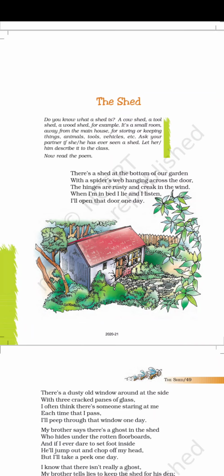And creak in the wind: creak means a kind of noise when the wind moves or there is a storm, a creak noise is produced.